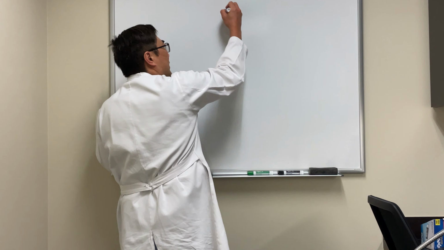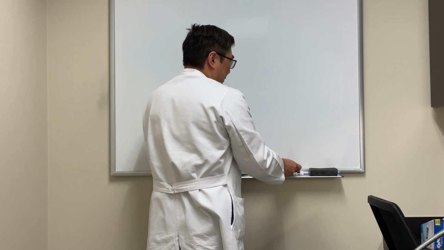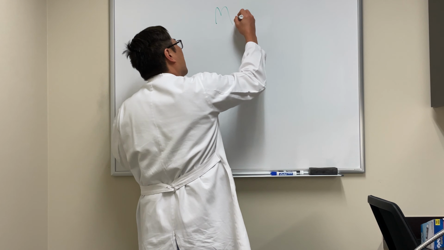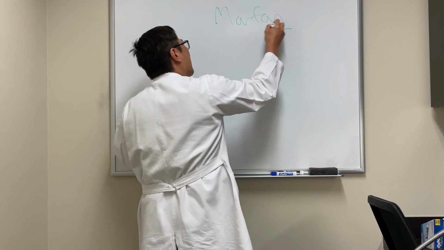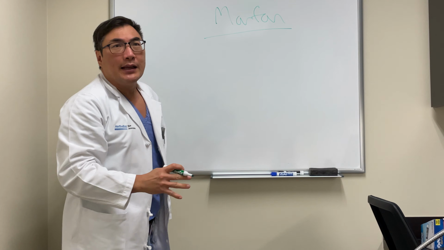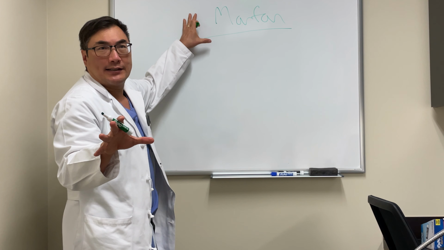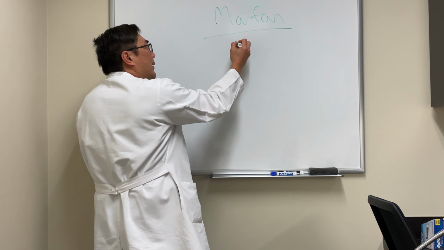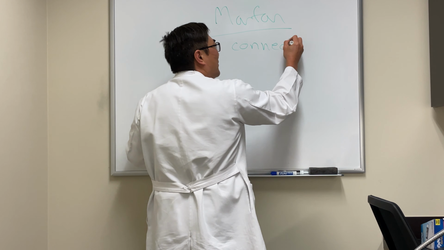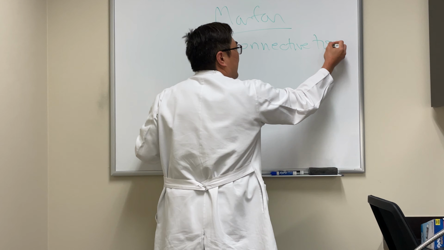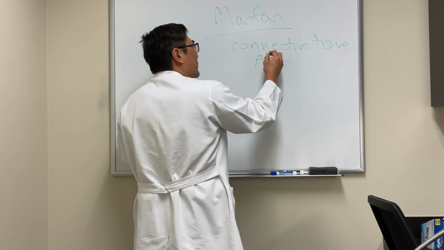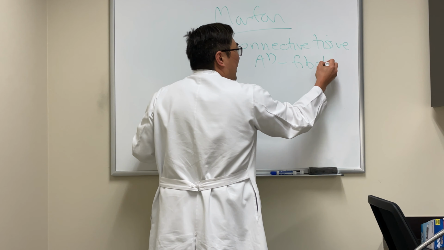So I want to talk to you a little bit about Marfans, and the reason you need to know about it, even though it doesn't really have a lot of neuro-op, it has a lot of op. And it's like Ehlers-Danlos, and if you're interested in Ehlers-Danlos, you can watch that video. And basically, it's a connective tissue problem, and it's familial, and the autosomal dominant form is the fibrillin gene, and